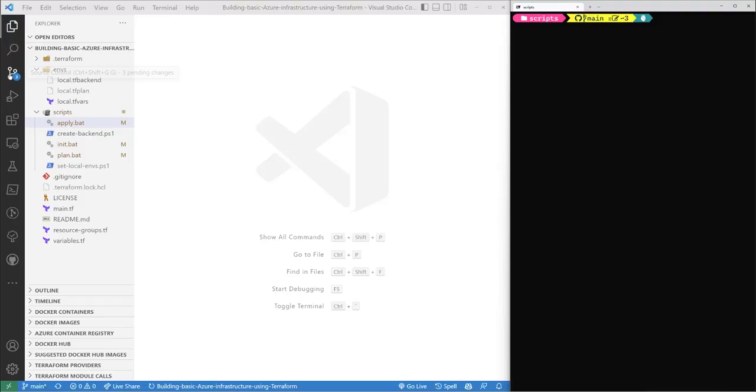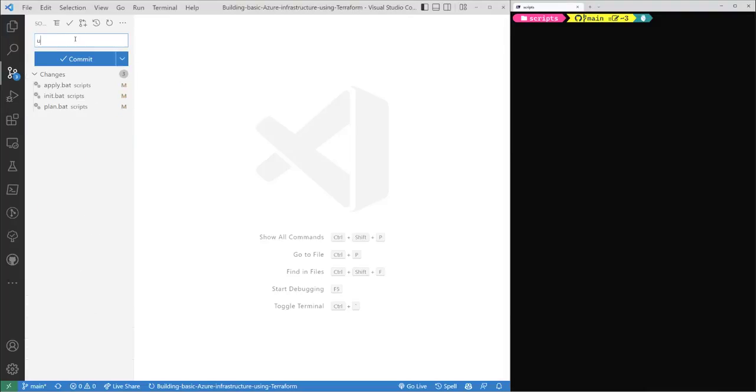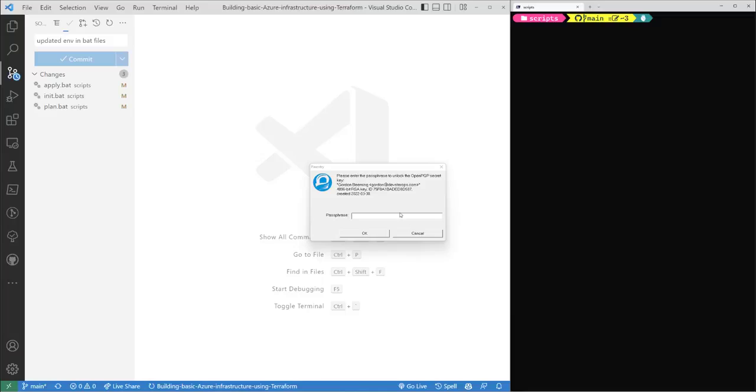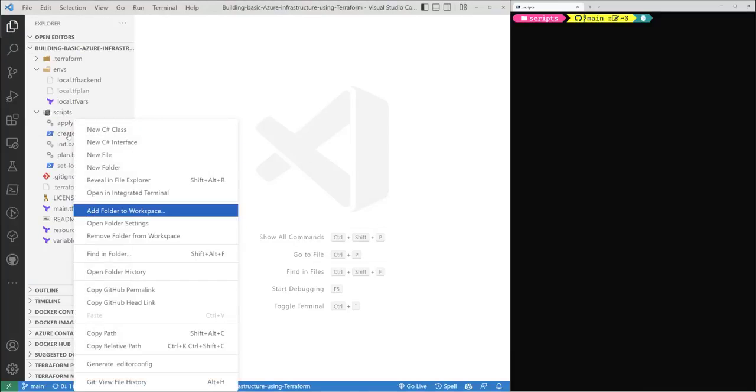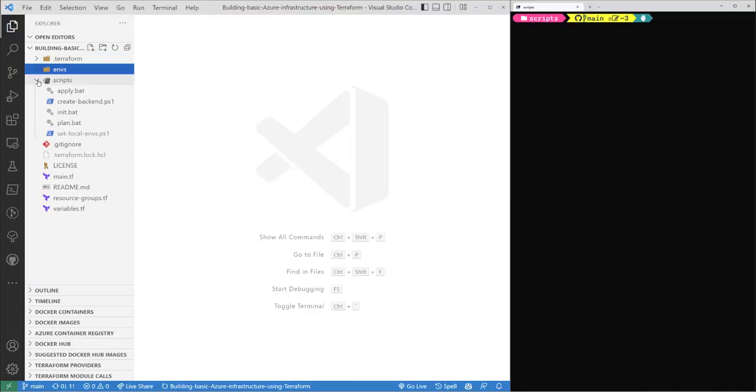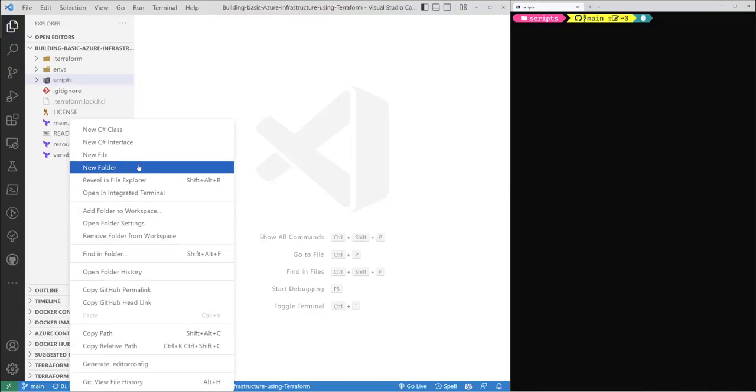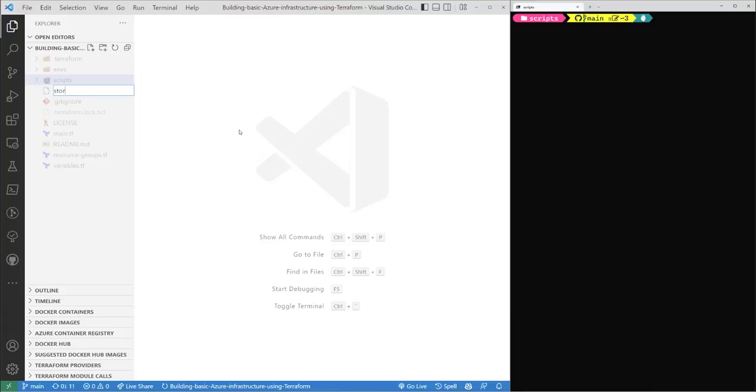So let me just say update environment in those files. So do the magics. Okay. So to start off, we don't need that open anymore. We're going to create a